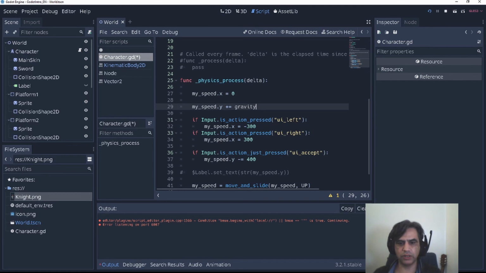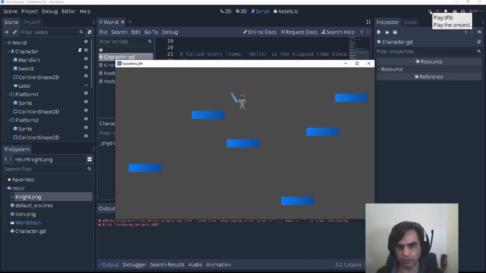So is action pressed is when I want to keep pressing on the key. Imagine that for moving left and right, if I'm pressing the key, I want the guy to move.